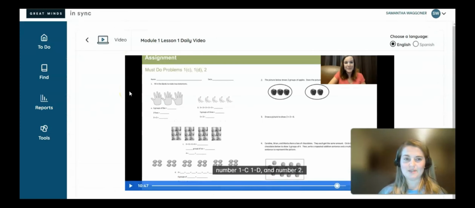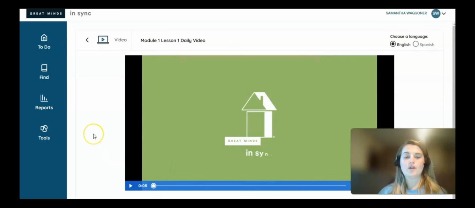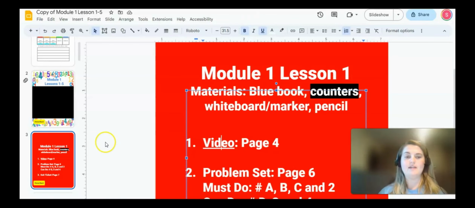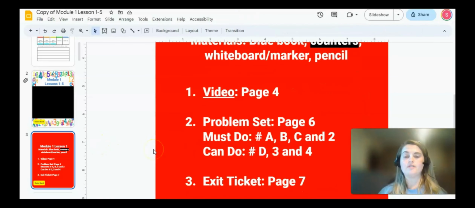It should take them here. And in this video, they're going to be going over all of Lesson 1, using those counters, using those materials that they need. By the end of the lesson, it's going to bring them to a problem set. Now, this problem set that the teacher talks about is the same problem set that will be included on their